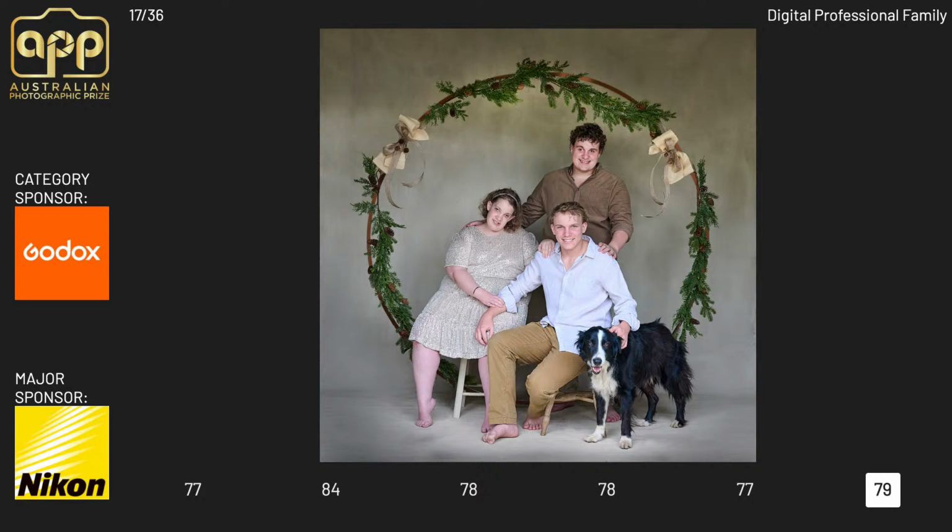I was more looking at the emotional aspect of the image, and I just thought it was put together really well. I could see that little fault in the round circle there. However, I think it's a very important part of the image because it holds it all together. So it's just that little bit of holding everything together and framing it nicely. So yes, once again, I just think you should come up a bit and bring it into silver range.